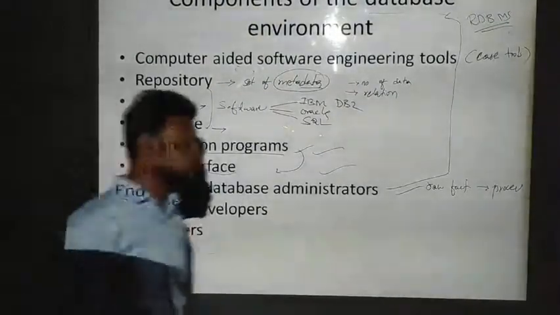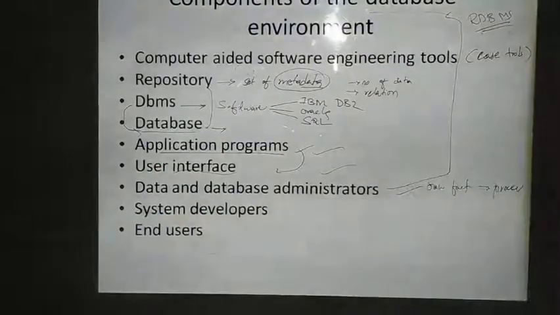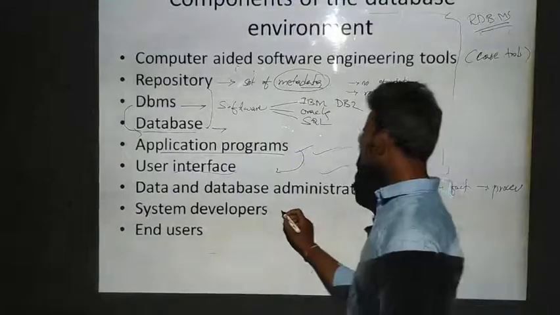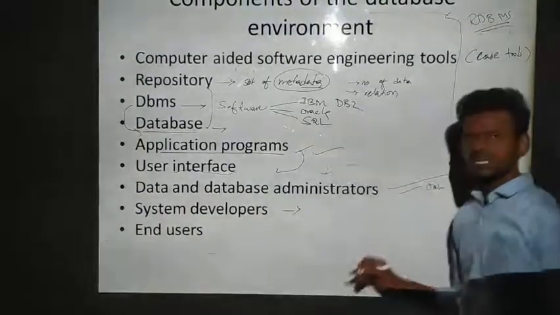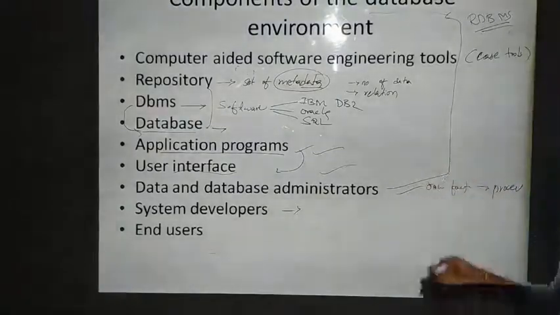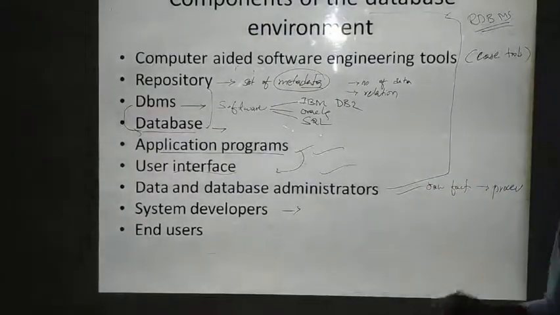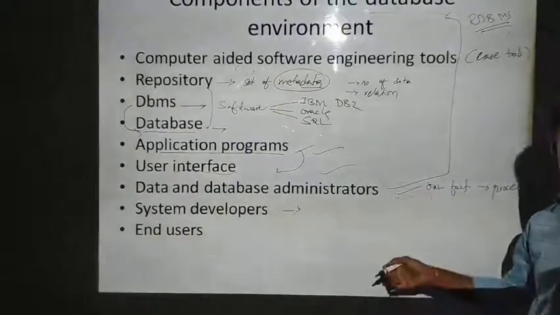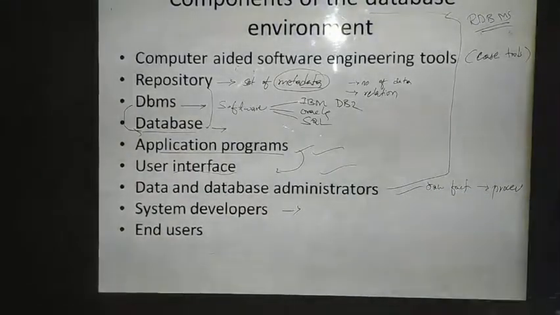And the next one is system developers. System developers are the developers, or else they are the programmers, I can say. They include system analysts and programmers, right? System analyst means whatever data you are storing will be analyzed by them, and the system that you are going to use will be analyzed, and application programmers, or else the database programmers, will fall under the system developers, so that whenever they are trying to develop the database, what needs to be done, how it needs to be done, they will be taking the decisions.